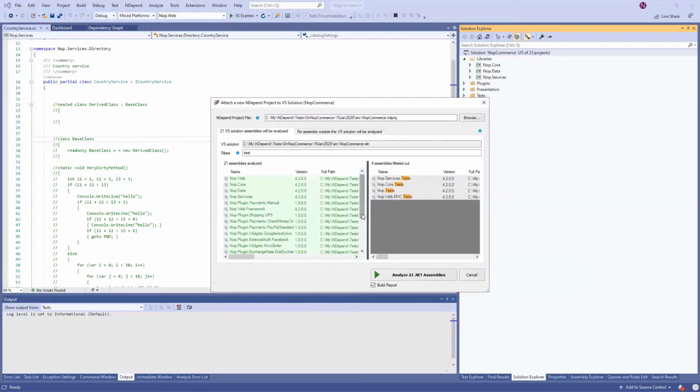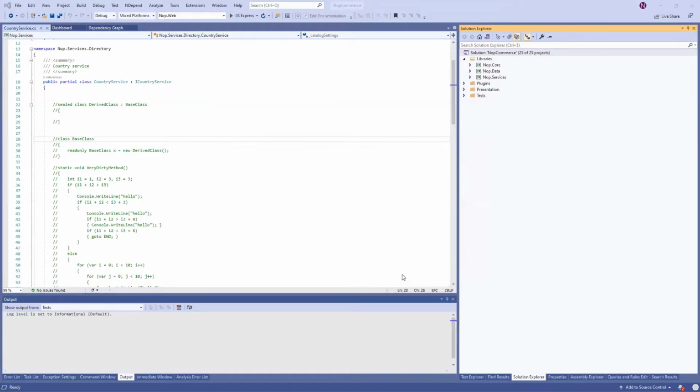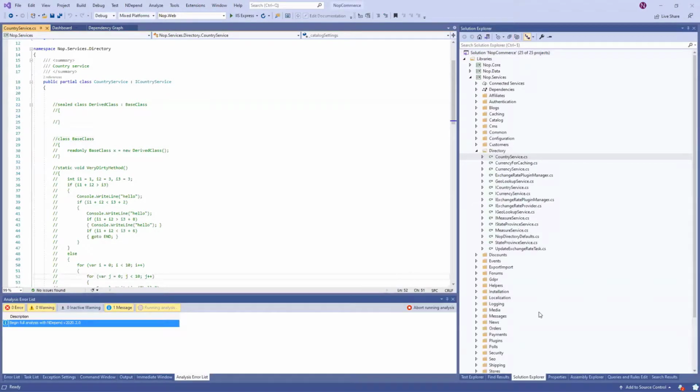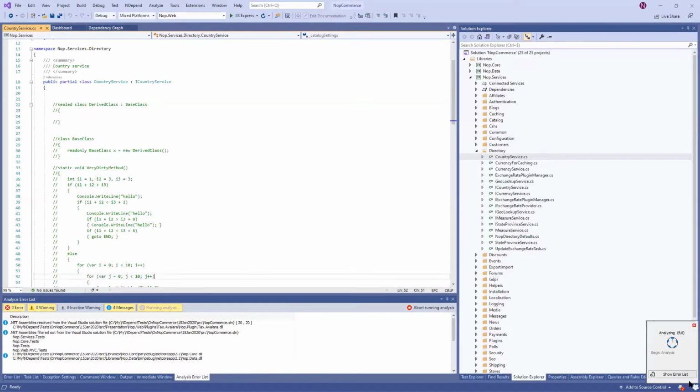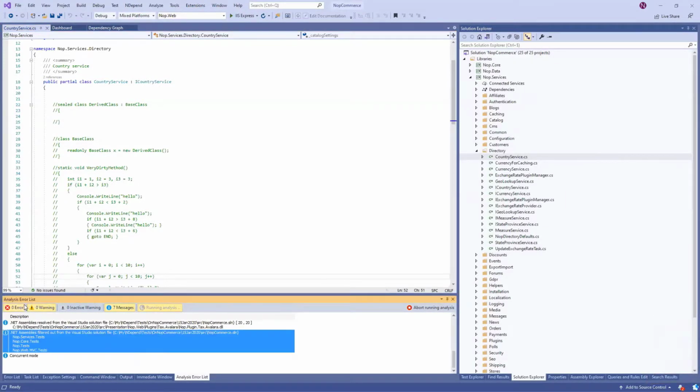So let's go. Here it is resolving 21 assemblies and also 4 test assemblies. There is a default filter that filters out test assemblies. Typically you don't want to analyze test assemblies, even though it's very interesting to have code coverage information, which I will detail later. So let's analyze. I can build a report or not. For now, I'm not going to build it; I'm going to reserve it for the last part of the session. NDepend is telling me that it's analyzing and shows information in the error list. It should be quite quick.